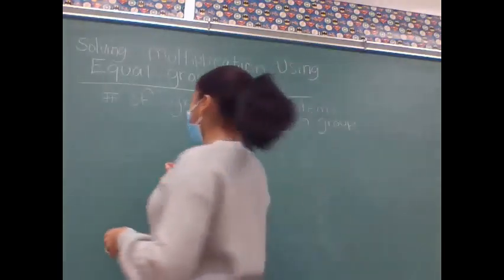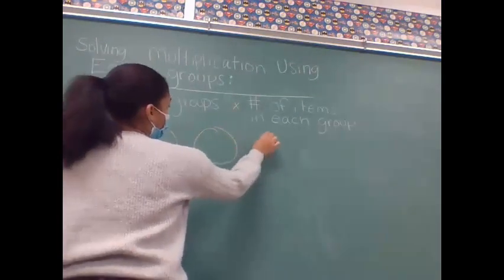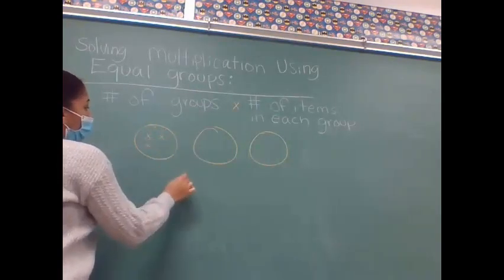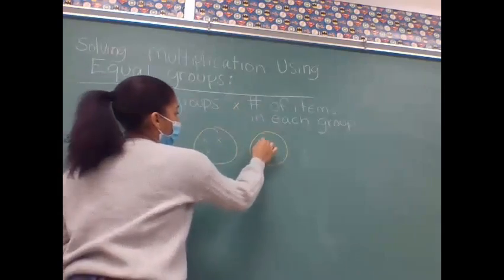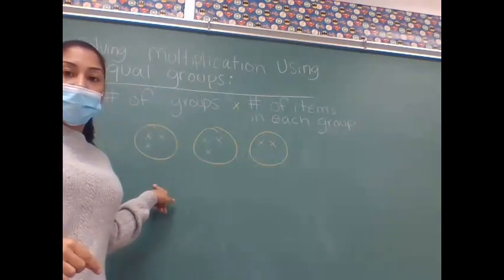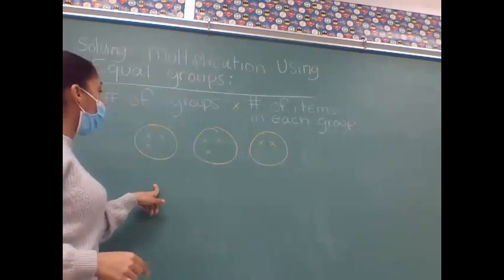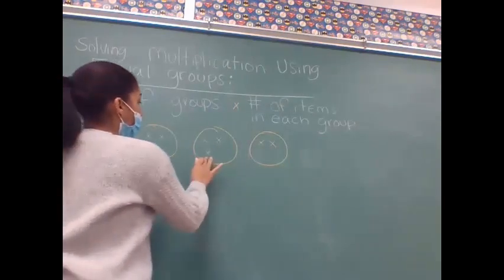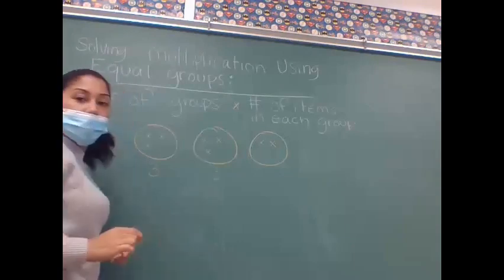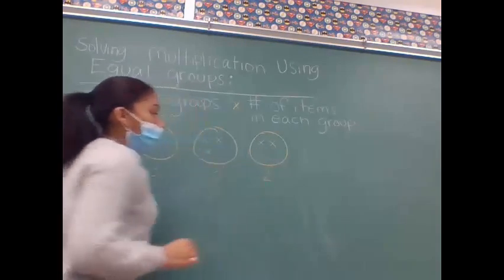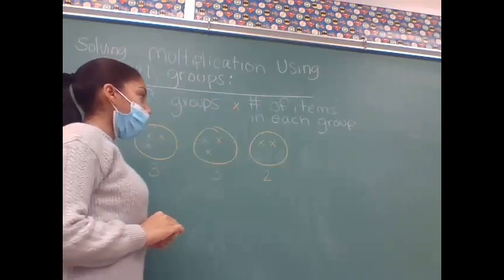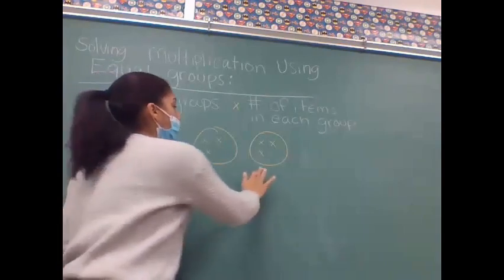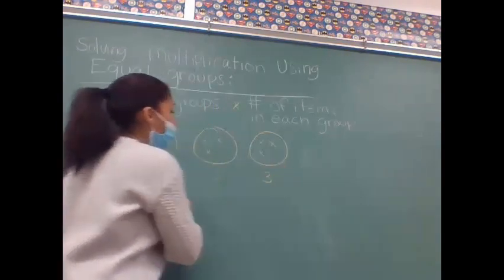So, if I were to draw three groups, and I put items in them, can we solve this as a multiplication problem? No, because there are 3 items in this group, 3 items in this group, but there are only 2 items in this group, so we cannot solve it. If we add an extra item inside of this group, then we change it to 3, we can solve this